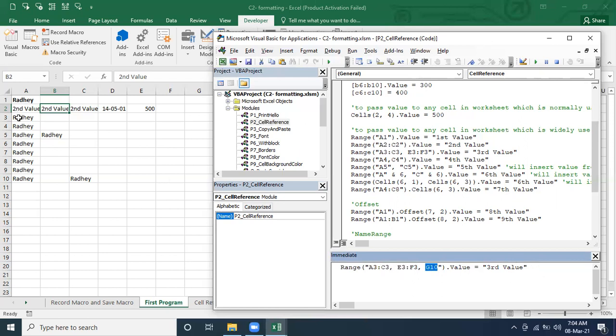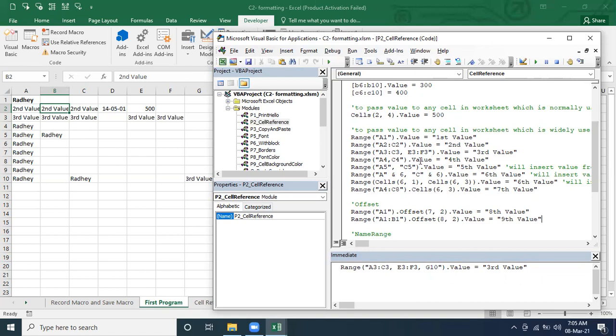So what values are going to pass? A3 to C3, so from here to here, including B3 also is going to pass, and from E3 to F3, and then G10. Where is G10? As of now, nothing is there. So it's going to pass there. Just see, A3 to C3, which has B3 also, and E3 to F3, and the individual cell we have passed, G10, it's inserted the value there also. Is that clear? So this is the one about the cell.